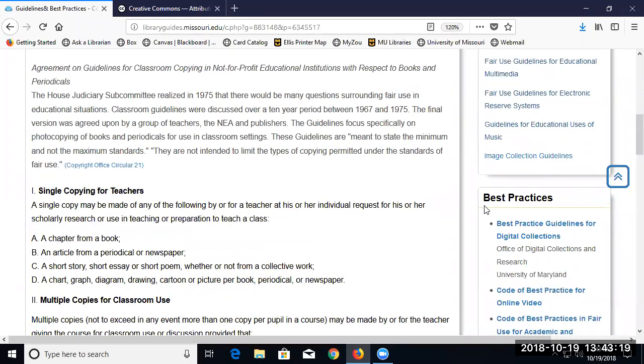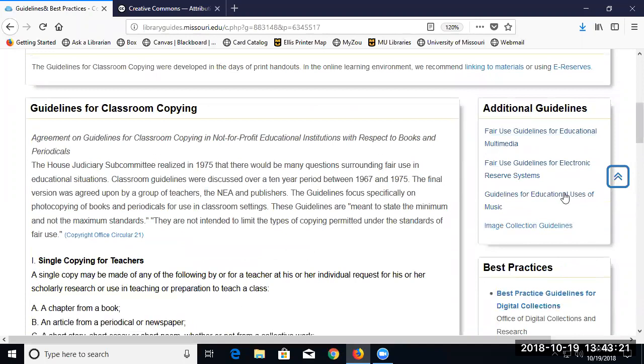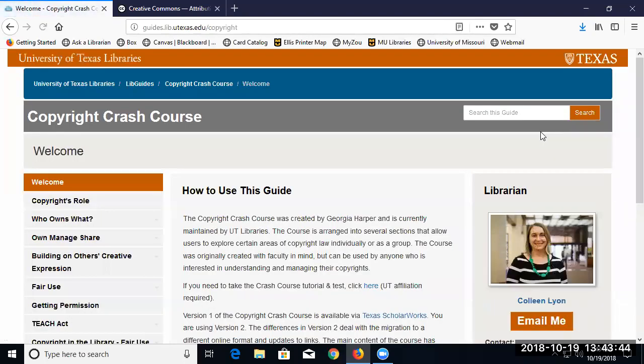These other guidelines you might find interesting to look at. There are different groups, particularly in the 90s, that tried to develop different guidelines, particularly for the digital world. It was an attempt to come to an agreement between libraries and educators who might be using things and the publishers who were producing things. They weren't totally successful in coming to an agreement. So in some of these cases, this might be more a recommendation from one party.